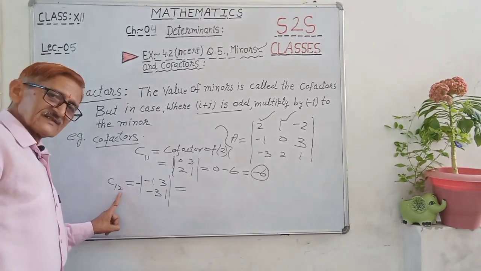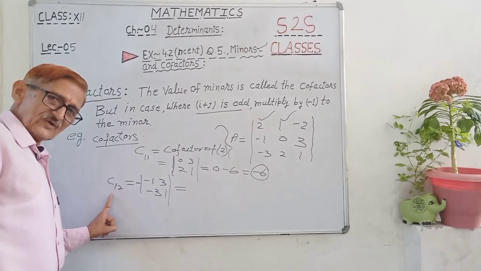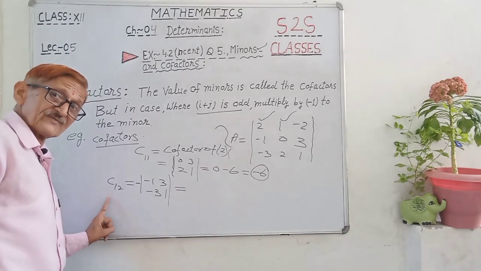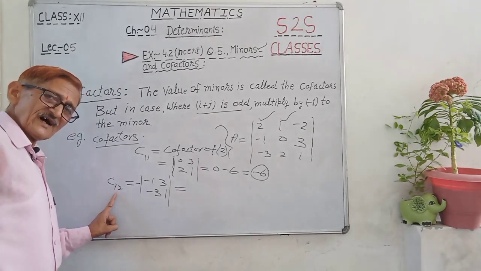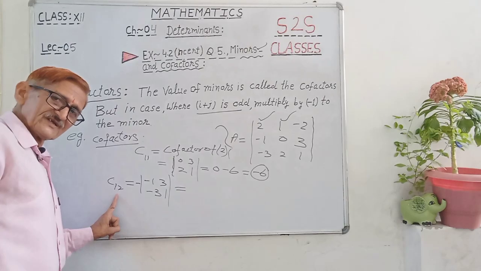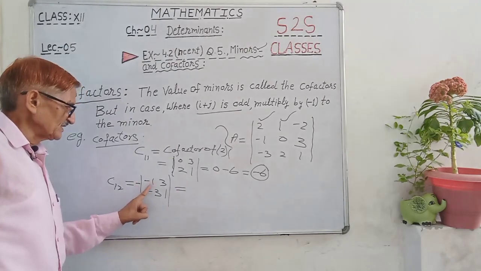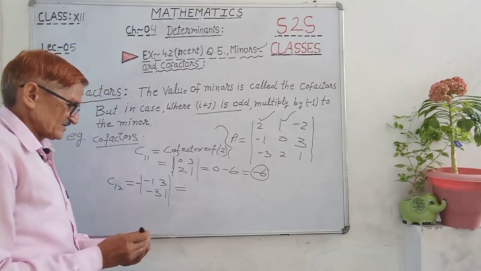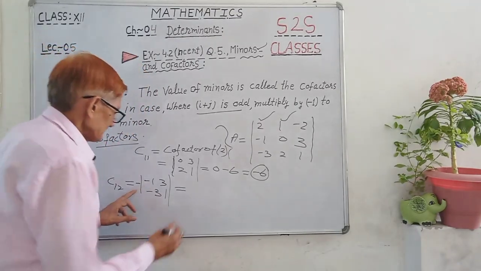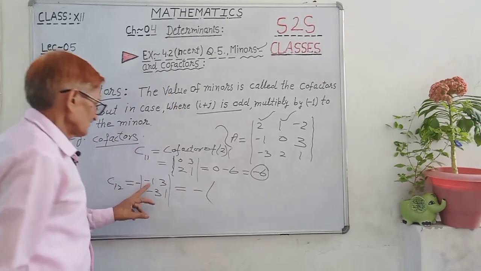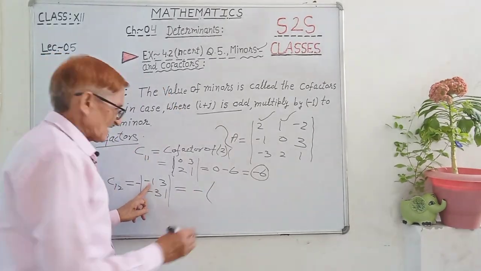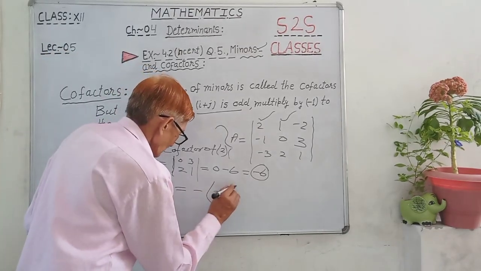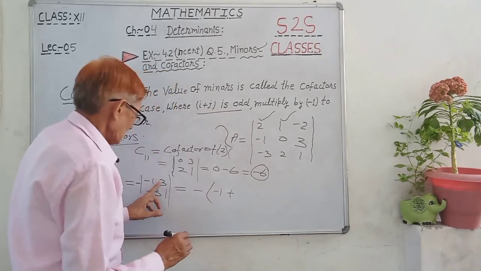Because the ith jth position of this element whose cofactor we are going to calculate has sum i+j odd here, 1 + 2 = 3, that's why we multiply by minus this value, this minor. So this was the minor, multiply by minus. Now simplify this. Minus outside and bracket, solve this. First element: -1 into 1 into 1, so -1. Okay beta, plus element is 3,